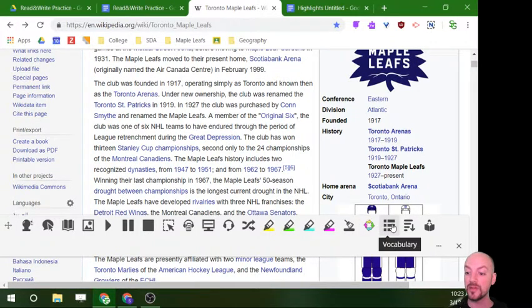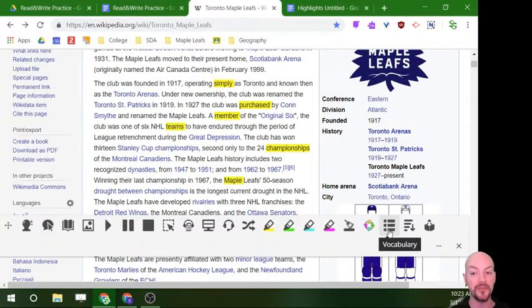The next button you can use for highlighting is the vocabulary list. What I'll do this time is click and just highlight individual words. They can be the same color or different colors, it doesn't really matter for this. And let's see, I'm going to pick a couple more. And maple. Okay, so now that I have these words highlighted,